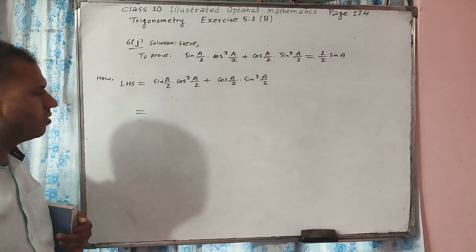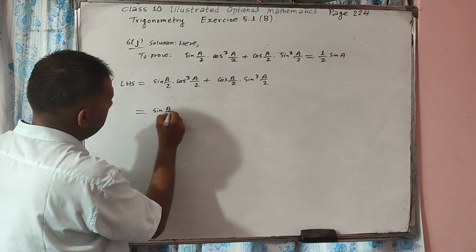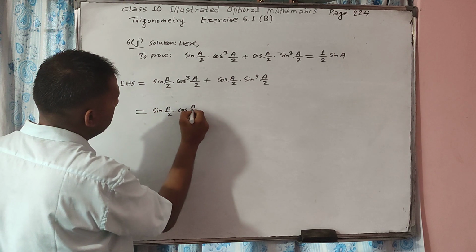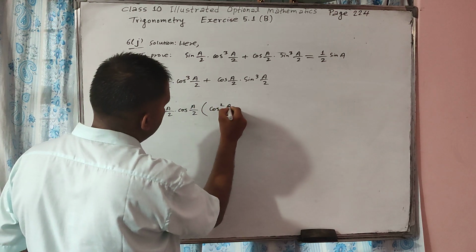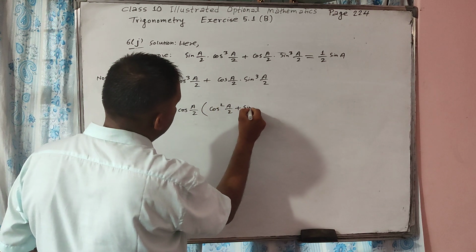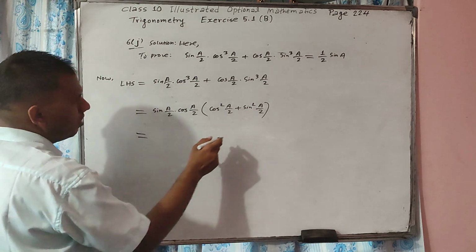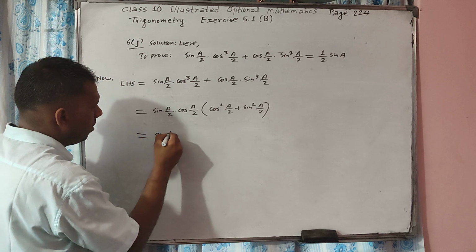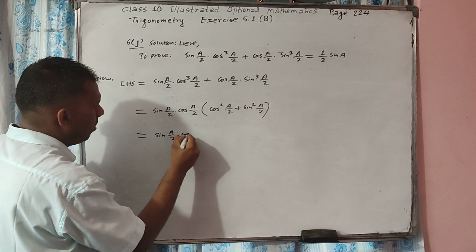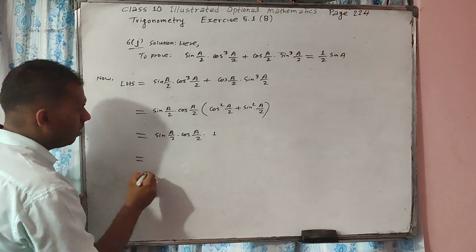From these two terms we can take common sin(a/2) into cos(a/2), remaining cos²(a/2) plus sin²(a/2). But cos²(a/2) plus sin²(a/2), its value is 1. So sin(a/2)cos(a/2) into 1 equal to